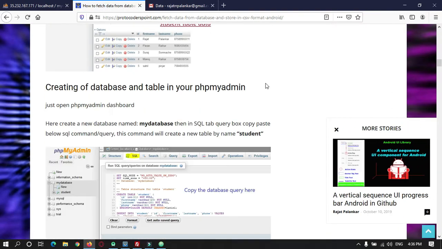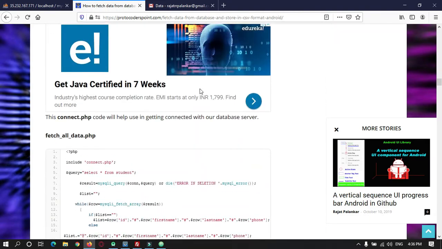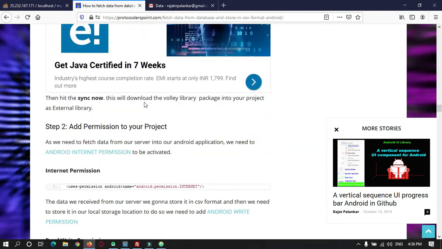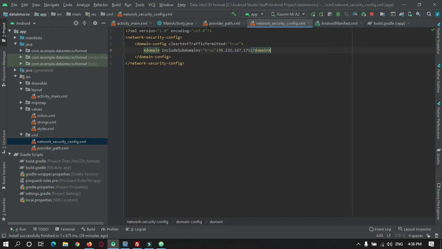Everything is available, code and everything, including how to create the database and the PHP code, so no need to worry. So we have created these two files, network configuration and file provider.